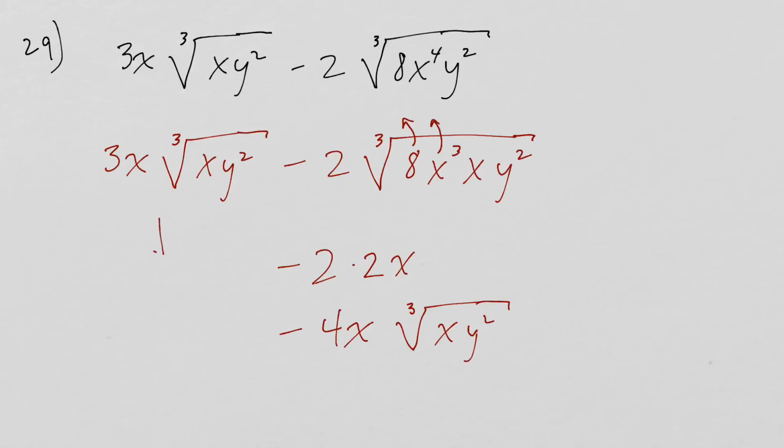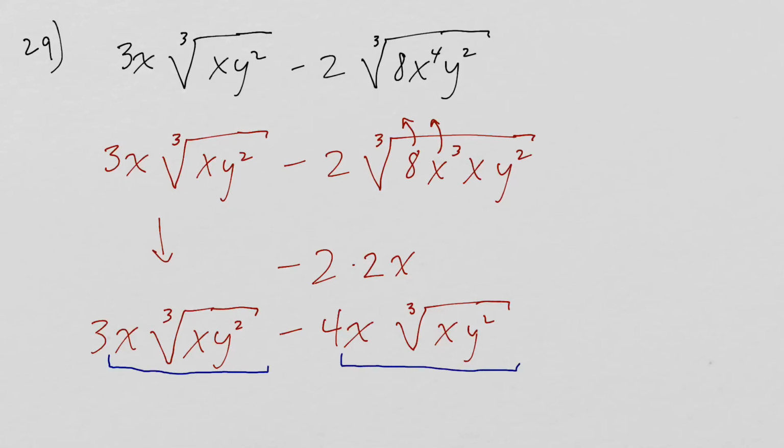And I still have this stuff, which is 3x times the cube root of xy squared. Now I'm looking at everything after the coefficient. I have x cube root xy squared, x cube root xy squared. They're identical. So 3 minus 4 is negative 1. Now, again, I'm not going to write the negative 1. I just write negative x